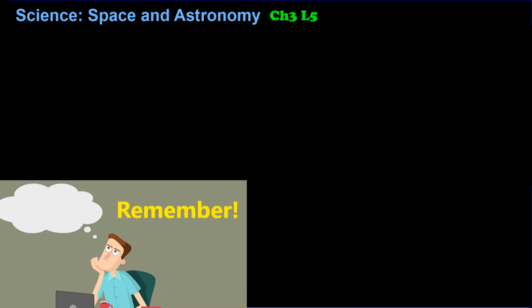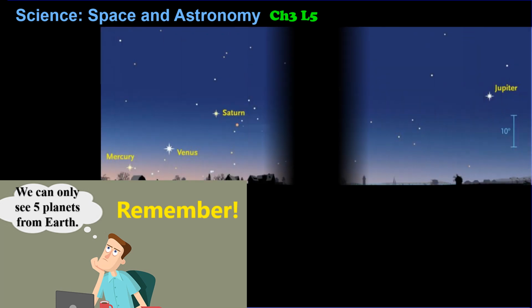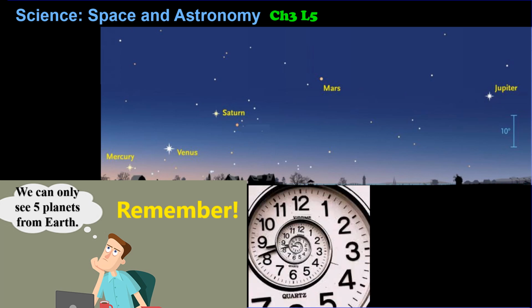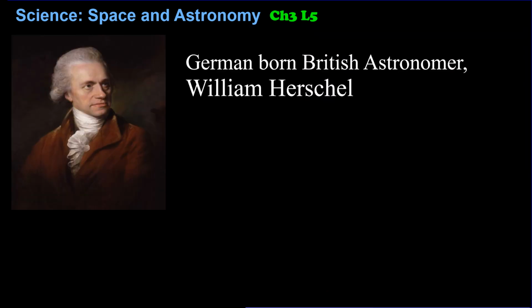So now when we talk about our planets, once again we need to remember that we have 5 planets that we can see from space. So now we have discussed all of them that we can see. Our inner planets, Mercury, Venus, Mars, that we can see from Earth. Saturn and Jupiter we can see from Earth as well, that are outer planets. So now time passes, right? As long as people throughout history have been studying the stars and constellations and realized there were planets, they knew about those 5. It's not until a lot of time passes that an astronomer as well as a mathematician